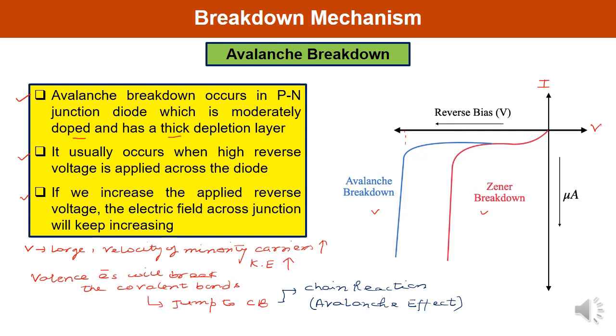If somebody is going to ask you a question, why should we avoid breakdown? What would be the answer? Because at the time of avalanche breakdown, a large reverse voltage appears across the diode. It means a large reverse current will flow through it. Therefore, large power will be dissipated by the diode and the junction temperature of the diode may exceed beyond its safe limit. Therefore, the diode will be damaged permanently. That is why reverse breakdown should always be avoided. You must give this particular answer.